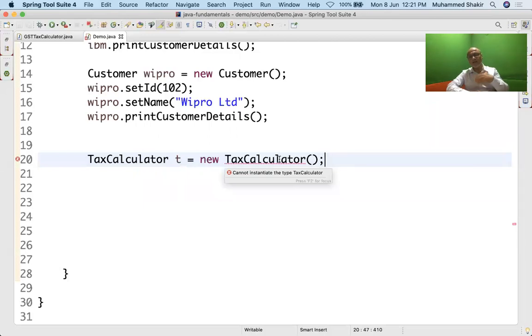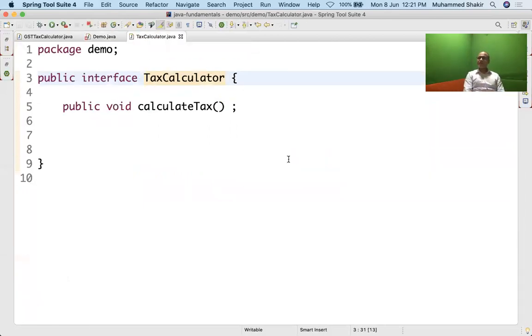That means it cannot create an object of tax calculator. Why? Because as I mentioned, this is just the declaration of the service. If at all it allowed you to create the instance of tax calculator, in other words, the object of tax calculator, and if you end up invoking calculate tax, what will it execute? There is a semicolon here. There is no body of the method.